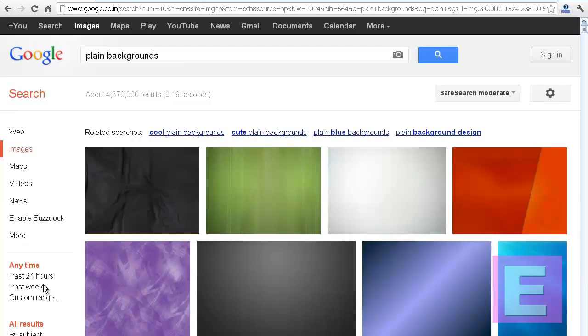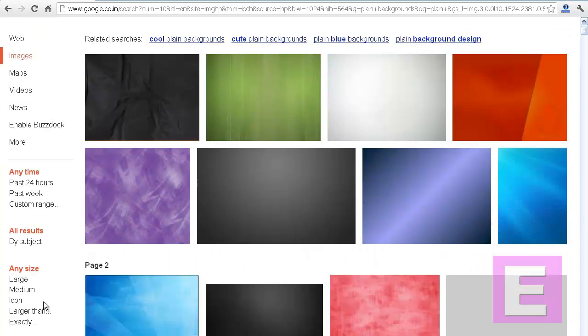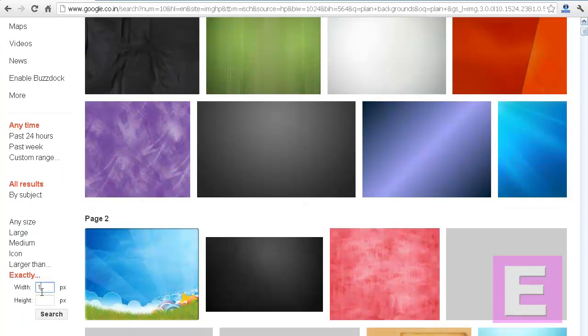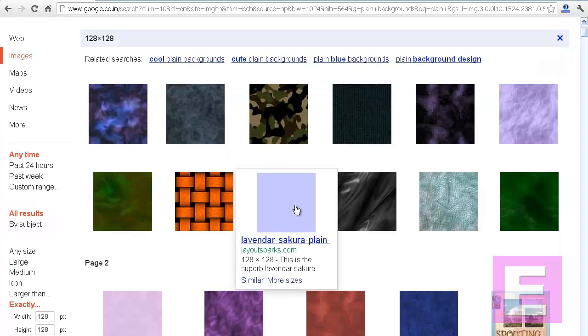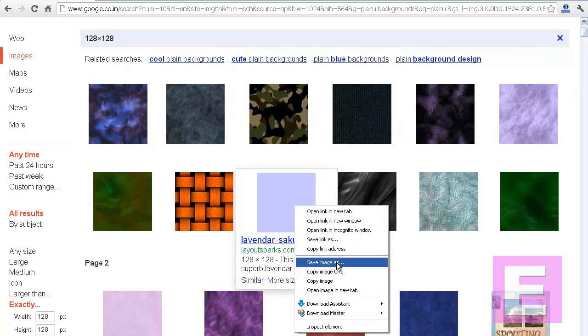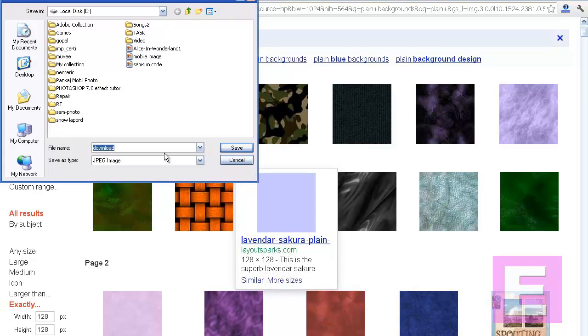For the exact size, you can set it here, exactly 128 pixels by 128 pixels. You will get wallpapers of the exact size. Select the desired one, right click, save image as, apply a name, and save.